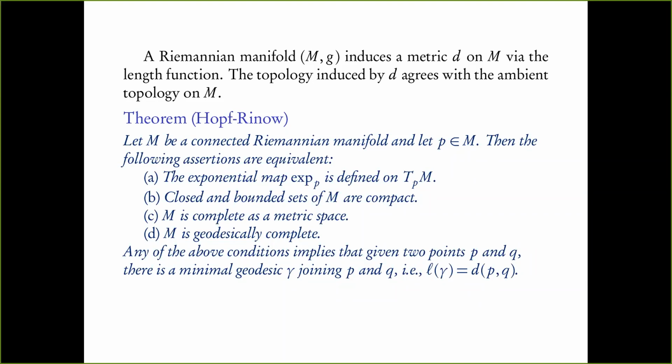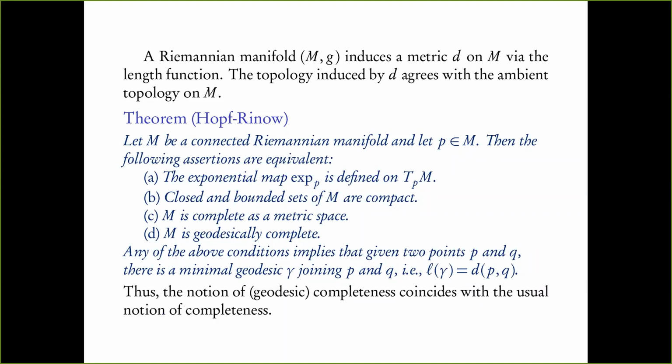Okay, so if you recall, we had talked about a metric space version of this in the class, and that is also true, but that is due to two other people. But anyway, one of the key things that you can take home from the Hopf-Rinow theorem is that the notion of geodesic completeness, which is a more geometric notion of completeness, coincides with the usual metric space notion of completeness, right? Cauchy sequences converge. So these two are one and the same. That's what Hopf-Rinow is saying. It's a classical and very nice theorem, and we'll see a proof of this in a couple of weeks.